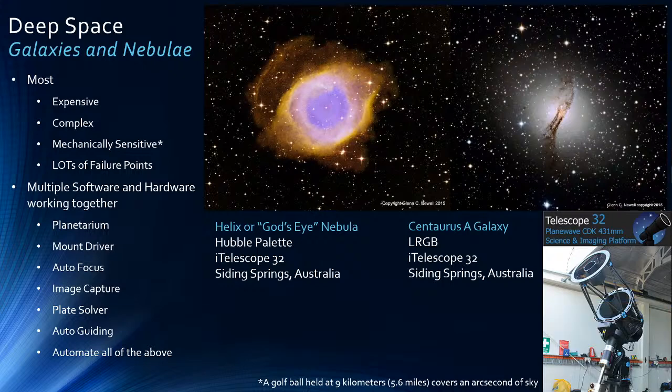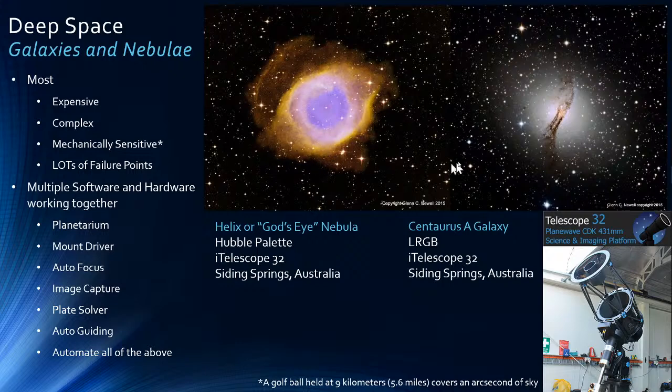And so on the left, we have the Helix Nebula, which is, to me, one of the most amazing objects in the sky because it looks just like a human eye with an eyelid and everything. It's kind of spooky, but there it is. Also called God's Eye Nebula. And that's a false color image in the Hubble palette. You'll see it in a lot of different color arrangements, but this is the one that